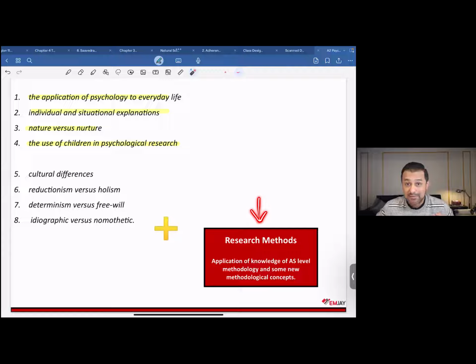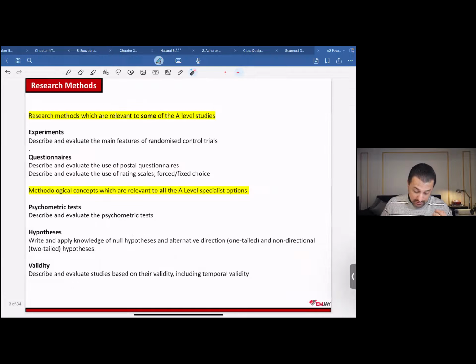They're very much applicable, and they ought to be revised because you would be tested on them specifically when it comes to paper 4. Now, we know that there are 4 components. Out of these 4 components, 2 of them have to be studied. We know that there are 8 issues and debates that are to be catered. Now, if you have a look at the syllabus,